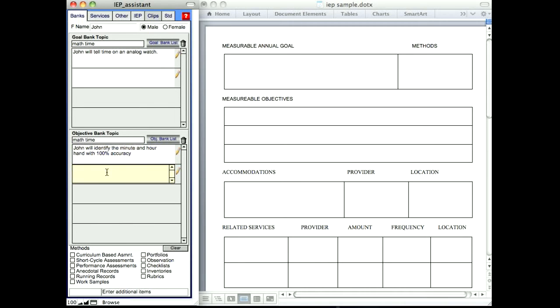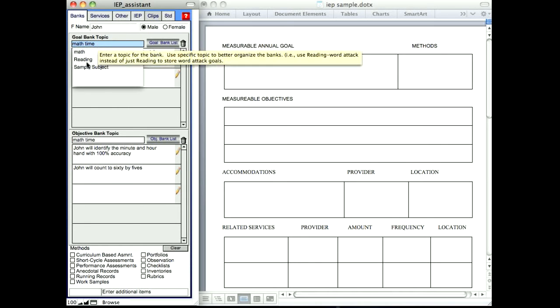And then I'll click in the box below that, and then I'll say bracket name bracket will count to 60 by fives. So now those are stored,